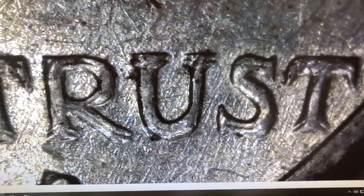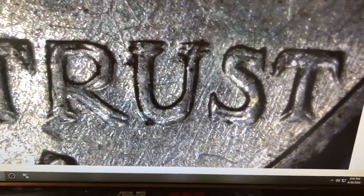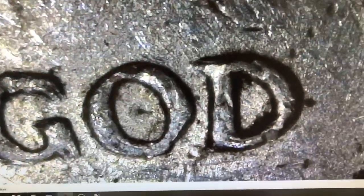This is the FS 101, 1964-D FS 101, and I didn't look to see what stage it was because I got super excited, but heavy doubling on the entire motto. Look at that. That is heavy doubling. This is a better example. This might be stage A. I'll take a look at the die scratches and the die markers, but